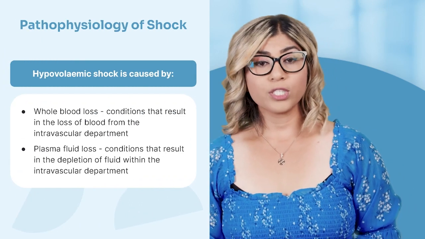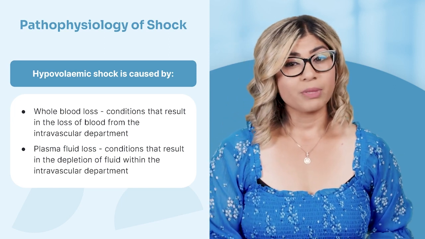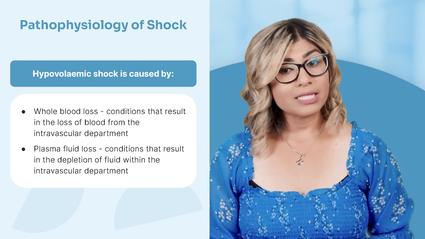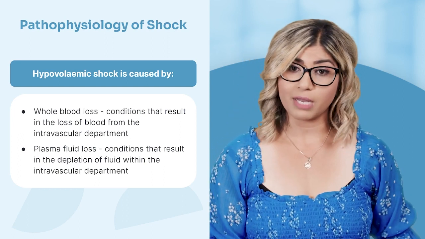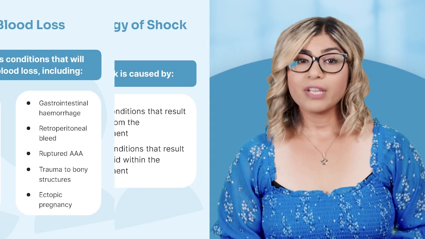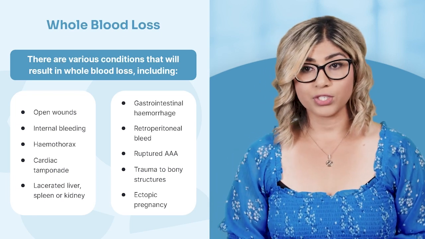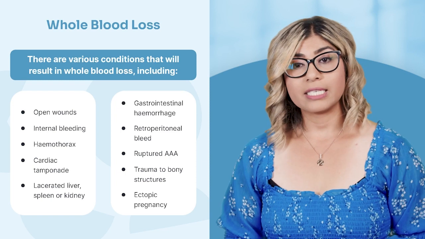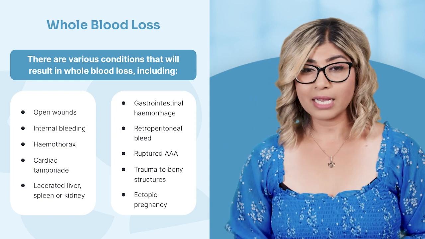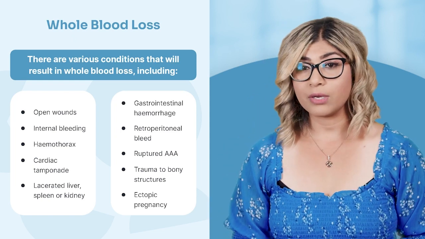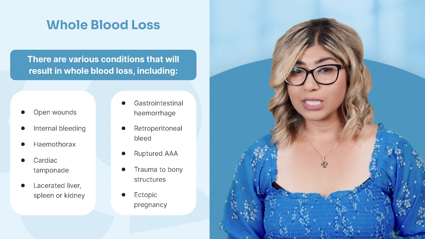Hypovolemic shock is caused by whole blood loss, conditions that result in the loss of blood from the intravascular compartment, and plasma fluid loss, conditions that result in the depletion of fluid within the intravascular compartment. There are various conditions that will result in whole blood loss, including open wounds and obvious external bleeding, internal bleeding into the abdominal or thoracic spaces, hemothoraxes, cardiac tamponades, a lacerated liver, spleen, or kidney, gastrointestinal hemorrhage, retroperitoneal bleeds, ruptured